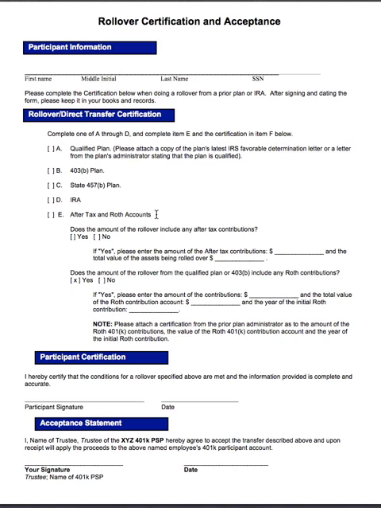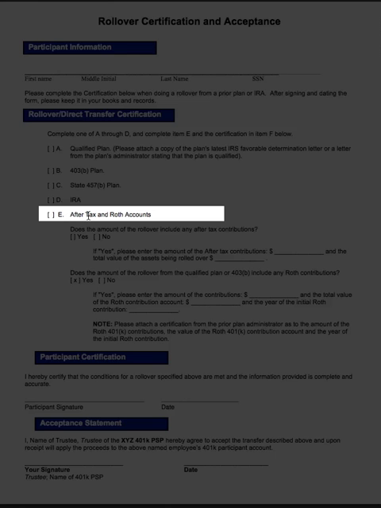Now, some people have made after-tax contributions to IRAs. Some people made after-tax contributions to their retirement plans. If that was the case, you're going to have to mark down E that you made after-tax contributions to your retirement plan. Also, if you're rolling over Roth accounts, and whenever I say Roth accounts, I don't mean Roth IRAs. Roth IRAs cannot be rolled over or transferred into a qualified retirement plan, but Roth accounts from a previous Roth 401k could be. So go ahead and mark Section E if you have either after-tax money coming in or Roth